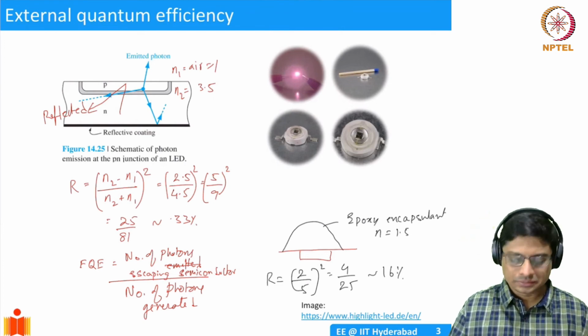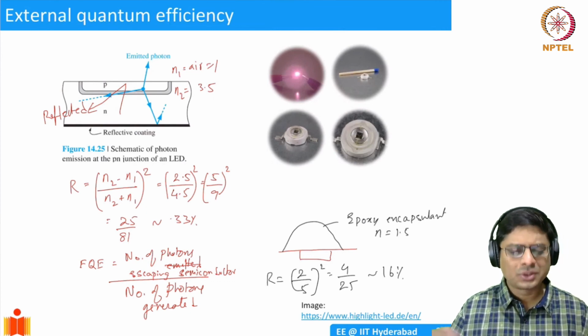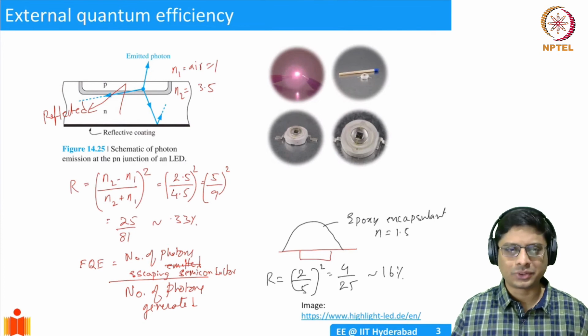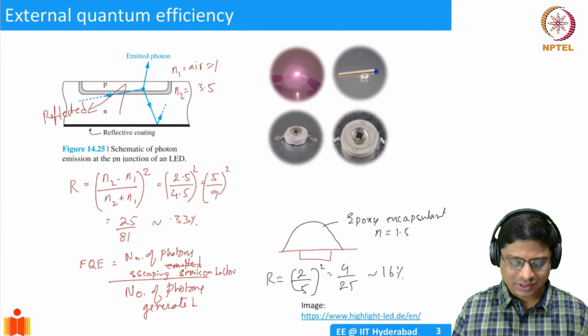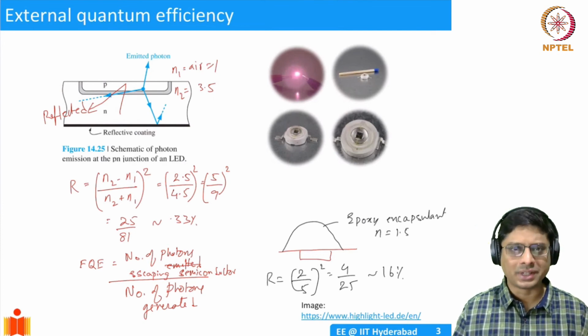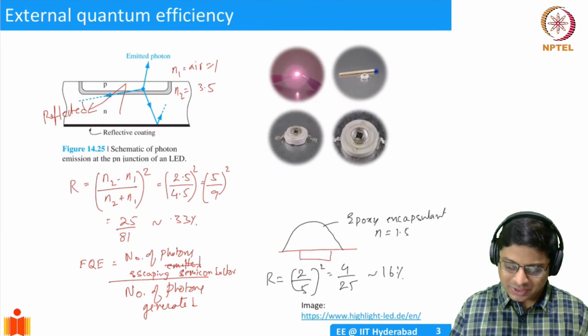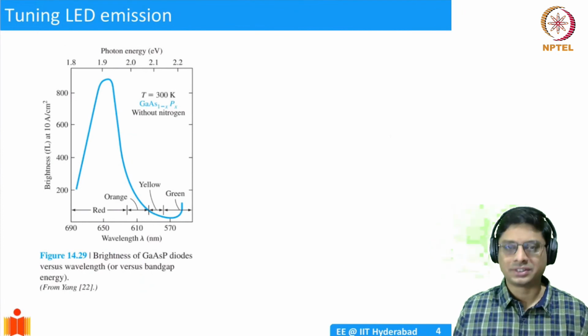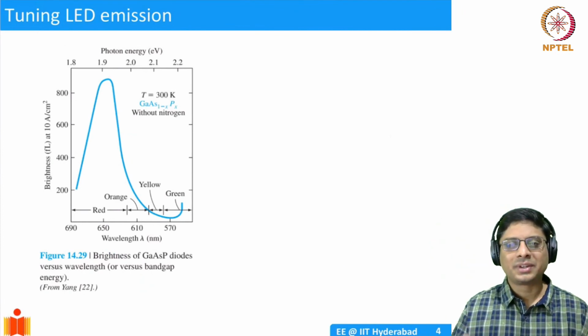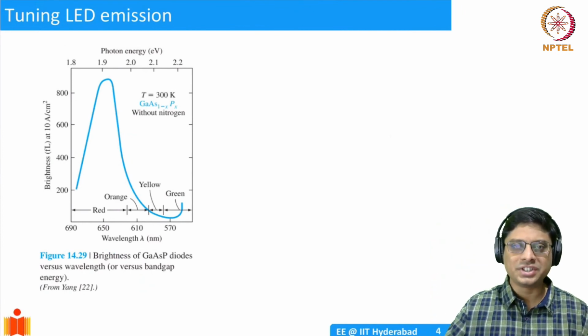All right. So these are the two parameters. Of course, there are a few more things. We can always get into greater and greater amounts of detail, but for this course, internal quantum efficiency and external quantum efficiency are the main things that I wanted to touch upon. And we also mentioned that you can tune the wavelength, right? We can't, of course, have semiconductors at every particular EG.